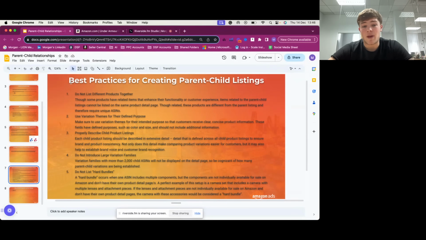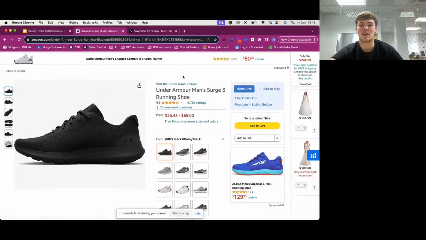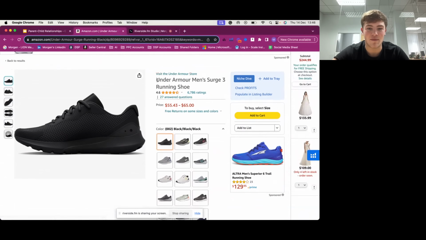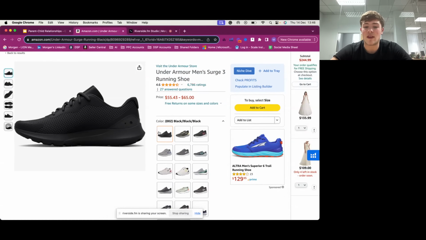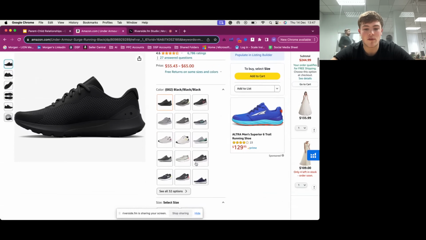So just some best practices for creating the parent-child listings is, what you don't want to do is list different products together. So just going back to this page here once again, I know you're probably sick of seeing the Under Armour shoes, and I did mention Adidas earlier on, so you'll have to excuse me for that. But what you wouldn't want to see here is if I've searched for, let's say, the black running shoes for men, I wouldn't want to then see loads of t-shirts, maybe some tracksuit bottoms, and maybe